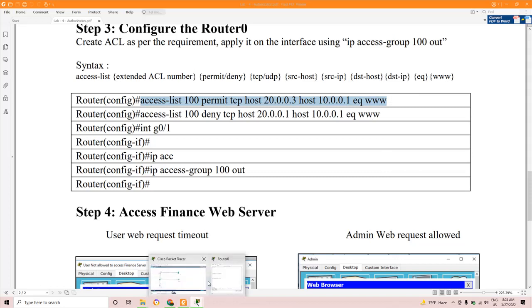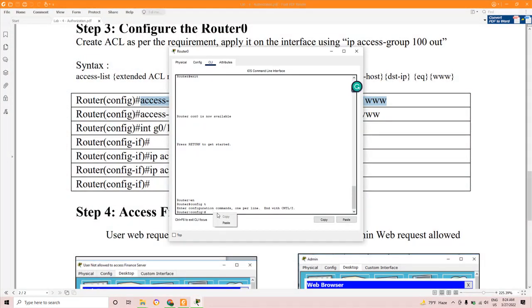These commands. Okay, so this command. Here access list 100 is the number assigned to the access list. Students, if it is an extended access list, the number would be 100 to 199. If it is not an extended access list, the number would be lesser than 100. So we are going to permit this machine